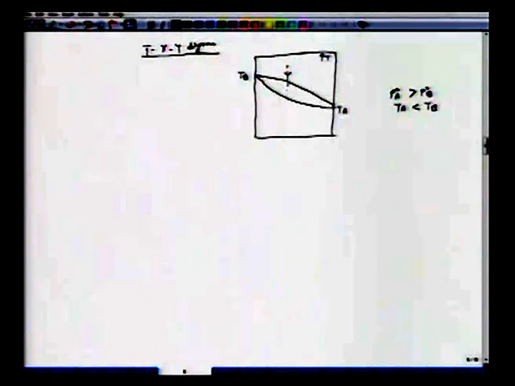Say the composition of this pure vapor is ZF, and we start cooling it. All right. So when you start cooling it, what will happen? The first bubble, first dew will occur right here. And we call it dew point curve, which is nothing but the locus of all such dews. If we start with different compositions, the first dew will appear here. If we start with different compositions, the first dew will appear right here. So we have this locus which we call dew point curve.